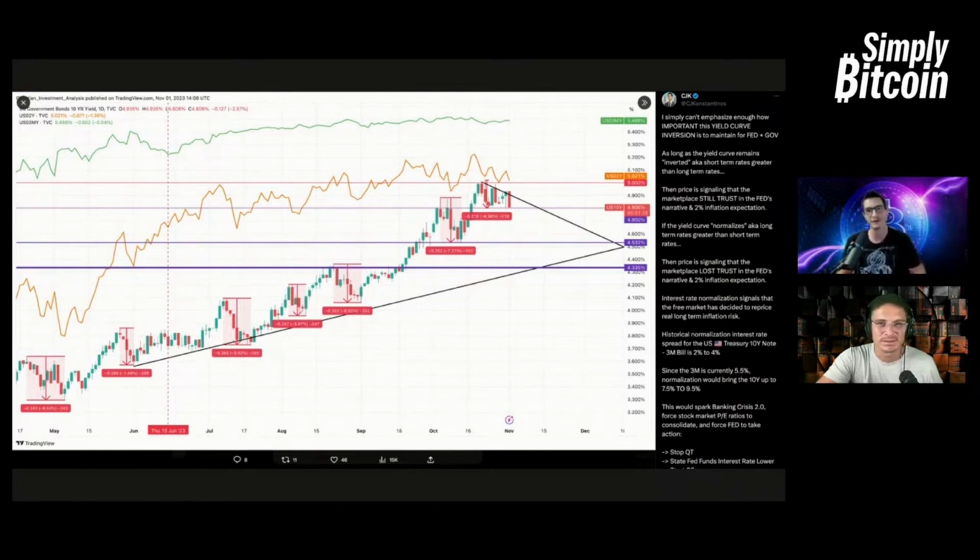And remember what we first talked about. The higher the rate goes, the larger the deficit. The larger the deficit, the more they need to print. The more they print, the larger the inflation number. The larger the inflation number, the more real yields go negative. So this is the debt spiral that people are waking up to.